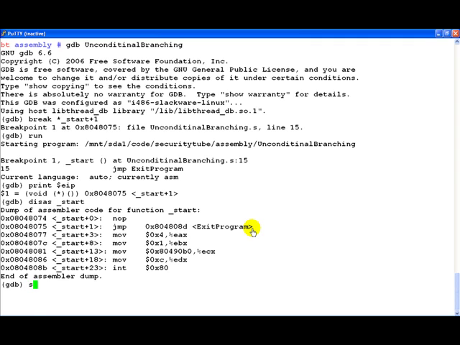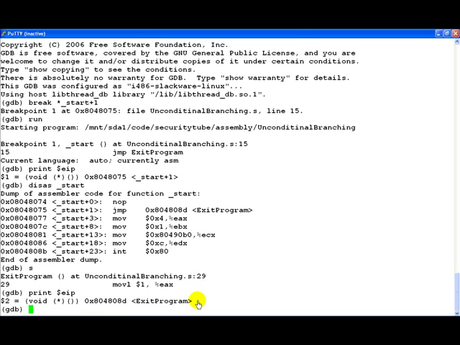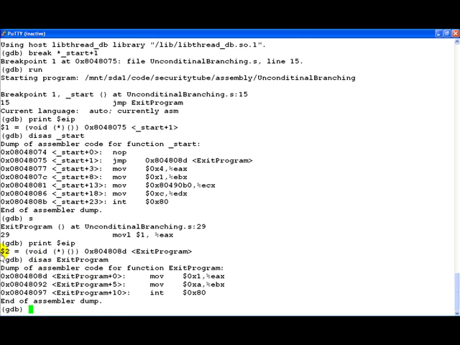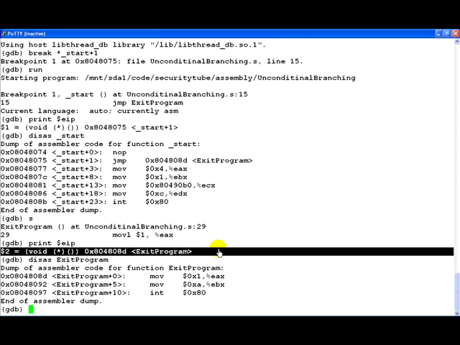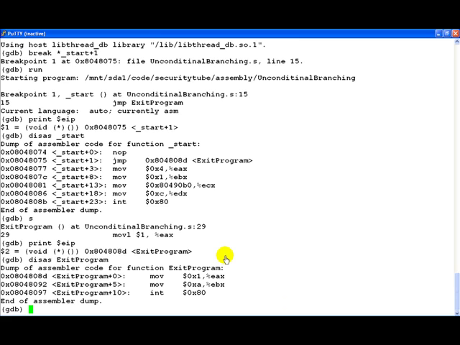Now let's step through it. And if you notice, we've automatically come to the exit routine. If we look at EIP now, it points to the exit program routine. So what jump has really done is changed the value of EIP to whichever other label location from where it wants the execution to continue. It's a very simple control-changing statement, using which you can immediately change direction and start at some other place and execute from there.